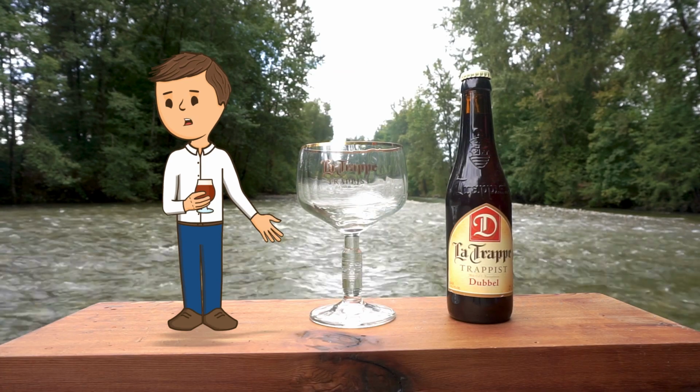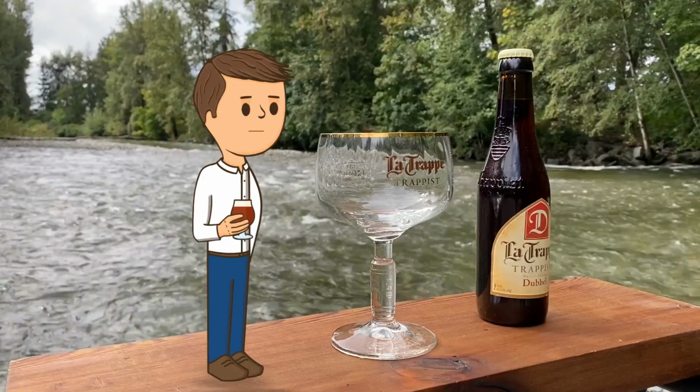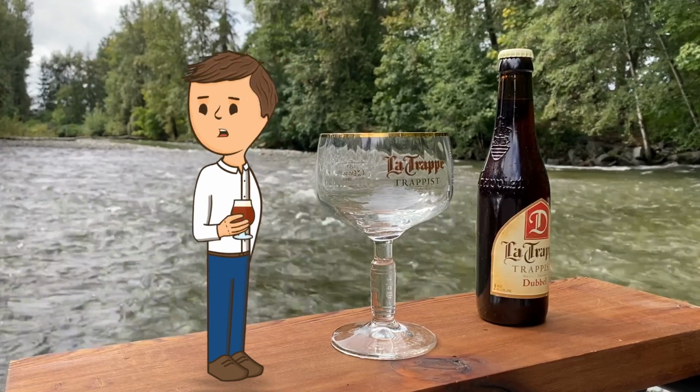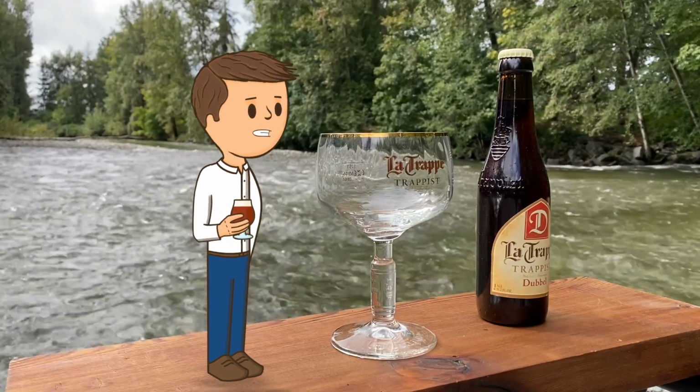We are traveling to the Netherlands for our next Trappist beer. One of two Dutch Trappist breweries, Brewery de Koningshoeven, produces Trappe Beers, and today we're going to start off with